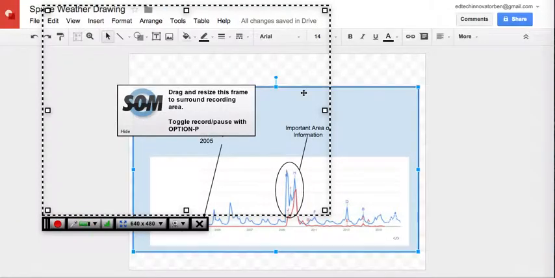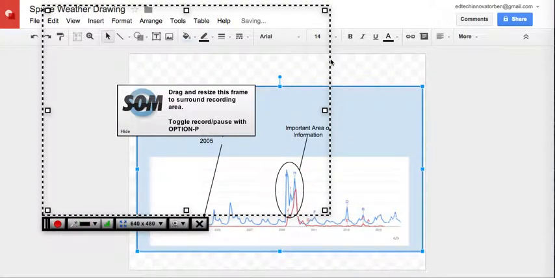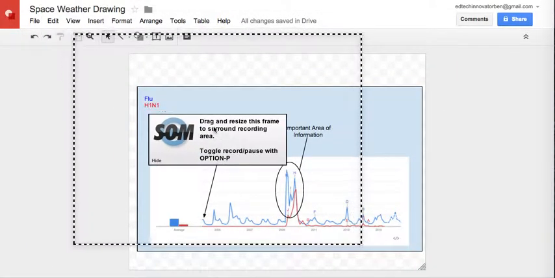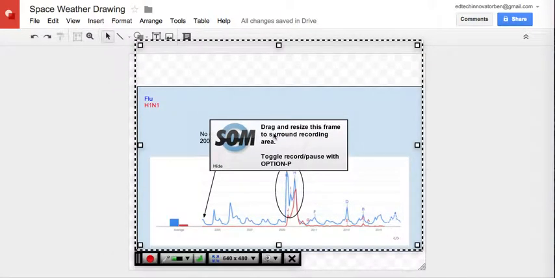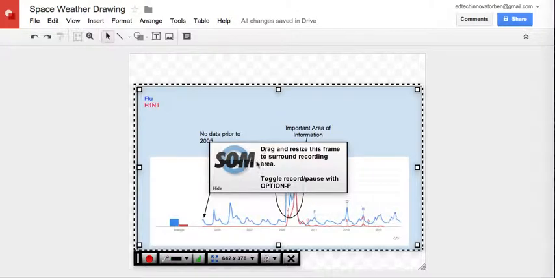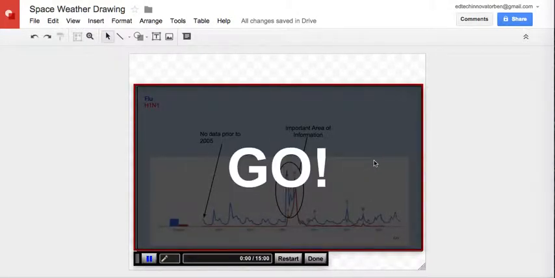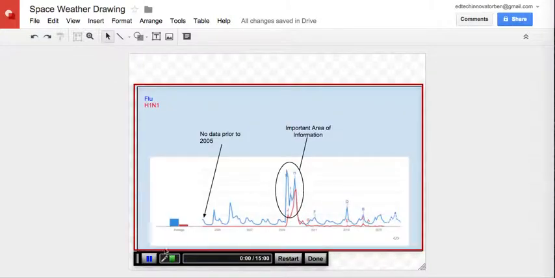So I'm going to go back to my drawing, and I'm going to resize my screencast size so that it fits my image. And then when I hit this button, it's going to start recording. You can see the microphone's going just as it is now. So when I hit record, it gives me a countdown, and then it starts to record everything that I'm going